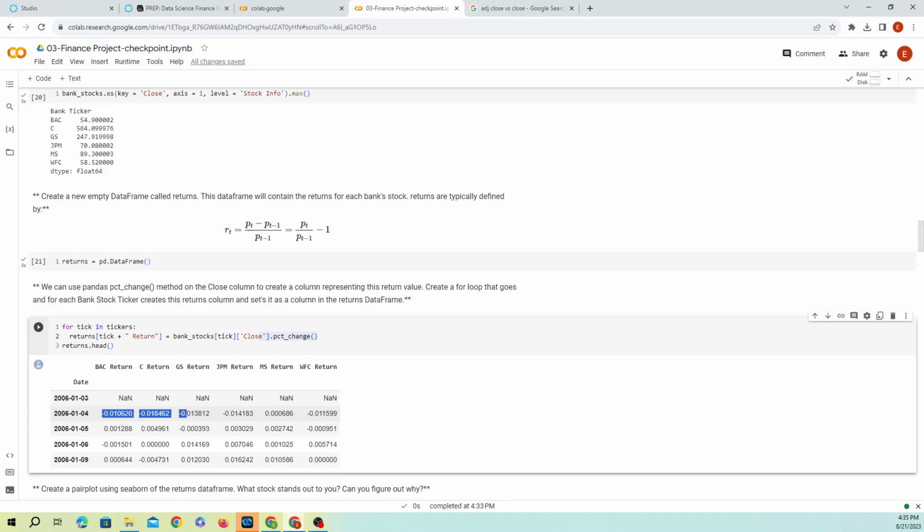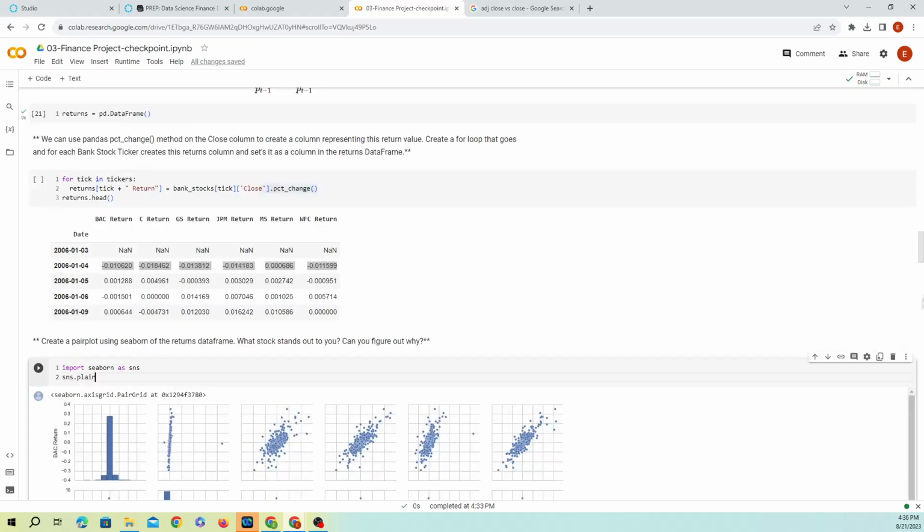Now, what we can do here is also visualize the data by using Seaborn. So we can do import seaborn as sns, and then we're going to call the function pairplot, which is going to use the returns value from 1 all the way to the end.